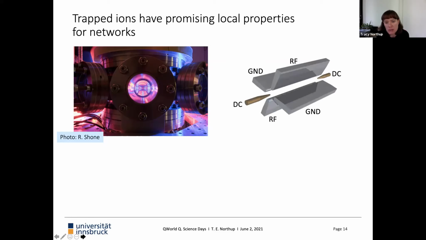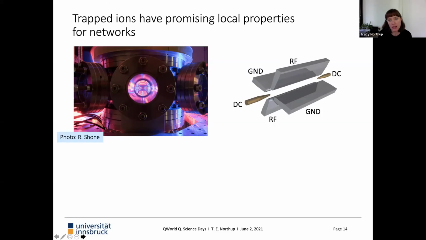Okay, and now looking more deeply at this concept of a Paul trap, here's a picture where you have 4 gray electrodes, and we'll talk about applying radio frequency to all 4 electrodes, but typically what's done in experiments is to ground 2 electrodes, as I've indicated here, and to apply a radio frequency voltage to the other 2. So those 2 are in phase and the other ones are grounded, although you can apply opposite phases as well.